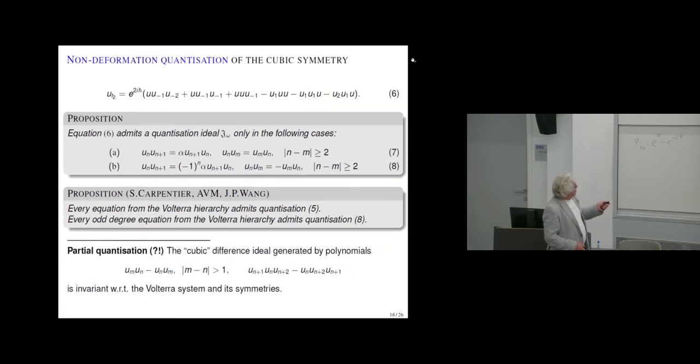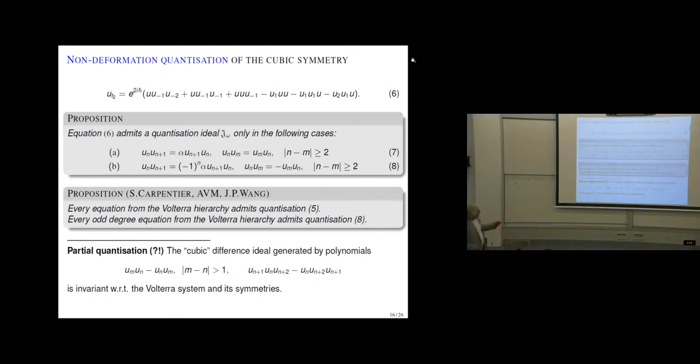And then we can set another question about non-deformation quantization. If you take the second term of the hierarchy, this one, then there are 2 answers. One is like Volterra, and another is, well, probably easier to see, that it is not anti-commutative. This term is anti-commutative. Therefore, alpha, you take plus or minus, it will never be plus minus. That is non-deformation. But you still have exactly the same Heisenberg equation for this quantization.